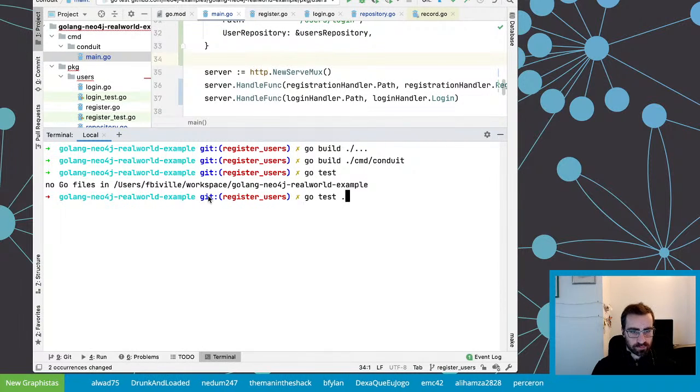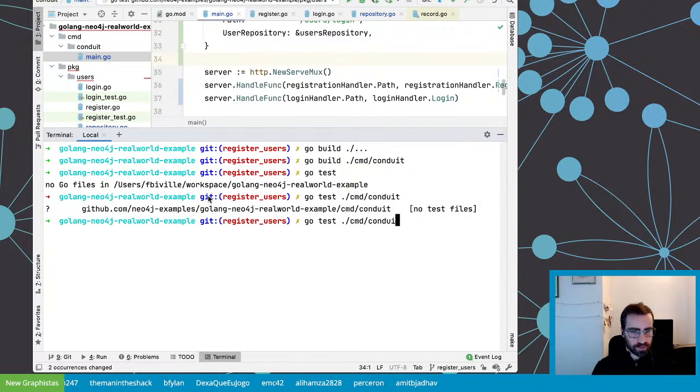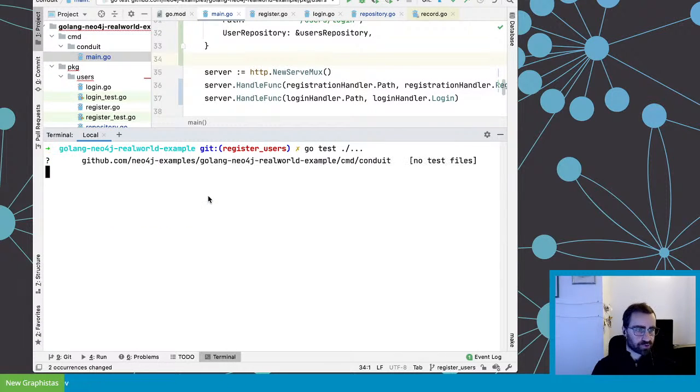And if I run the tests, oops, well, in CMD that, oh yeah, no, everywhere. In the way tests are a bit different. So build transitively fetches every package that is in use. Test, you have to specify every package, so I'm using the short form. There is no test in the conduit. That's something I could improve, but testing main functions is always a bit troublesome, so that's why I try to keep them as trimmed down as possible. And then I will run the HTTP test for the handlers and the repository test with test containers, etc.